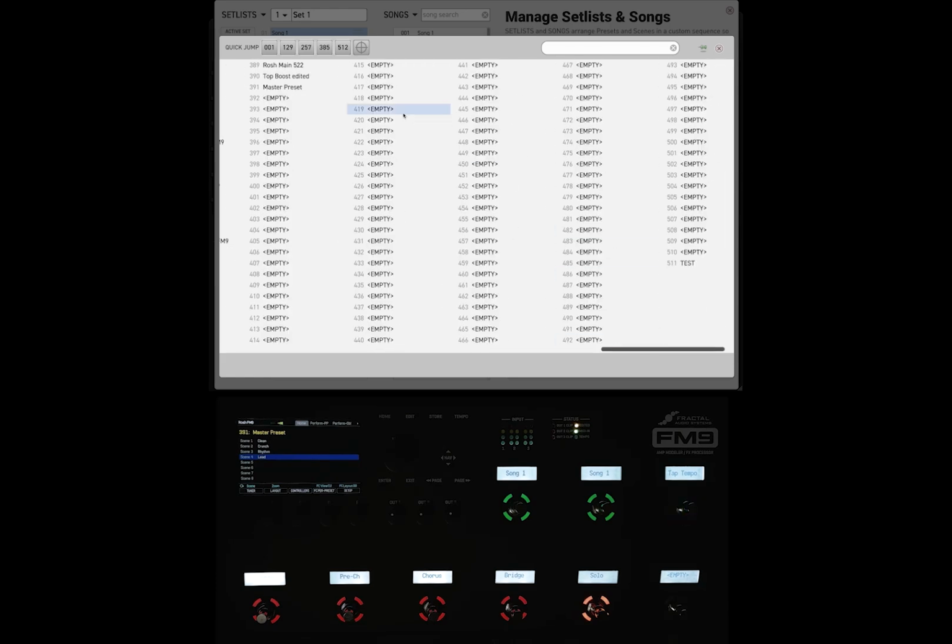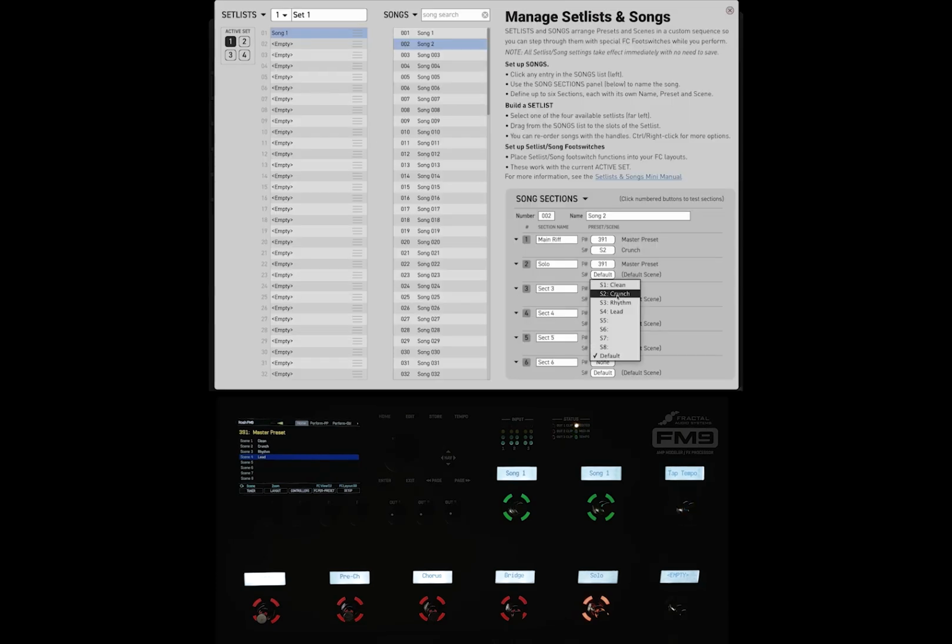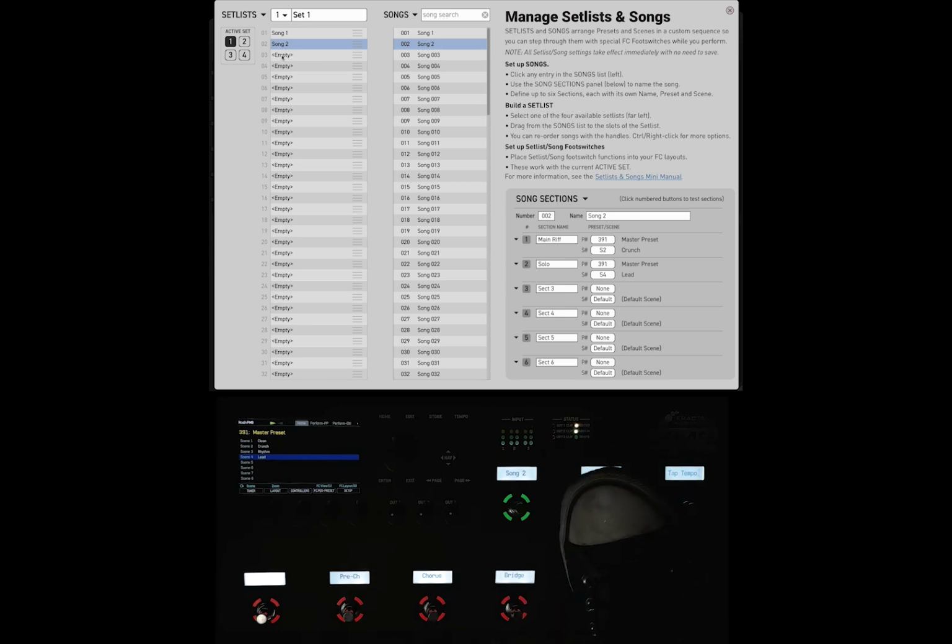So again, we're picking that preset, going to the master preset, and then we're doing the lead. In this song, we're going to drag it to the set list, and now we have 2 songs in the set list. So again, we're going to select song 2, and you have the main riff and the solo,